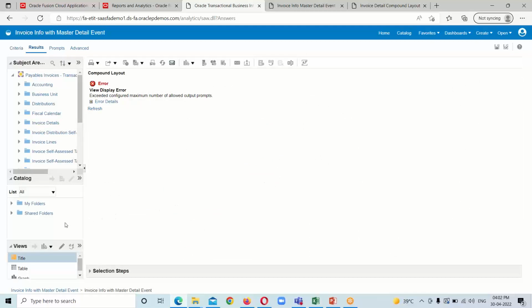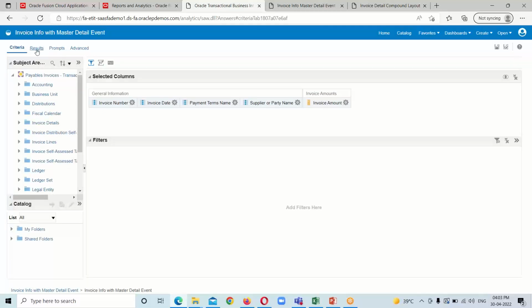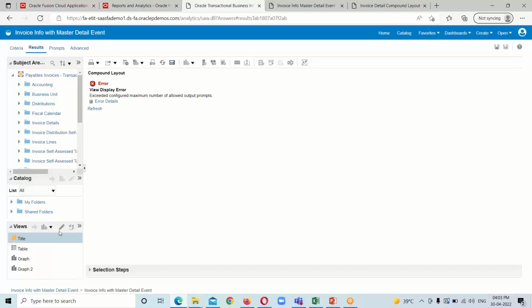I have told you that whenever we include any graphical representation in the analysis, we are going to see this kind of error. So we just have to go back to the criteria tab and then again come back to the results tab,